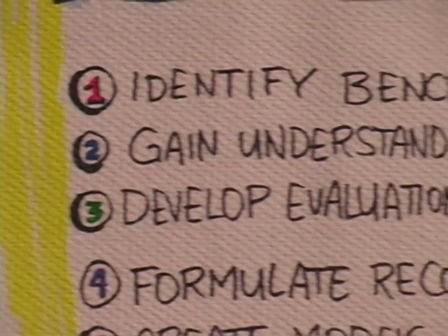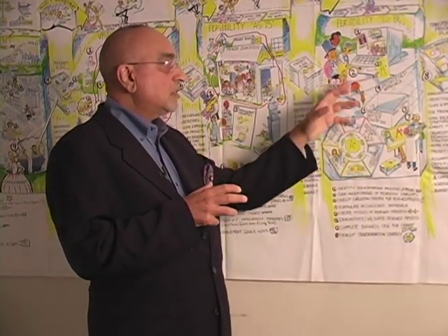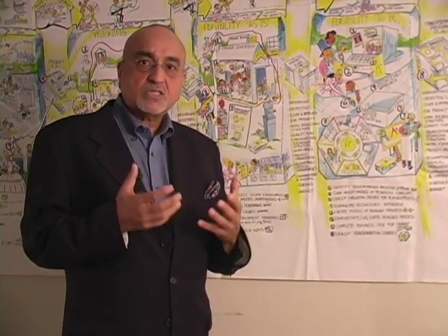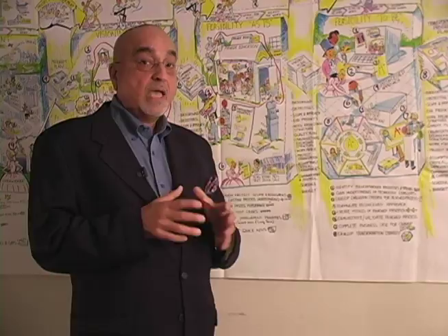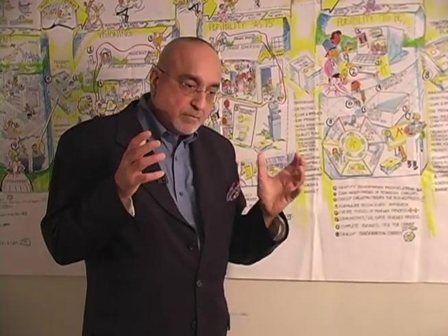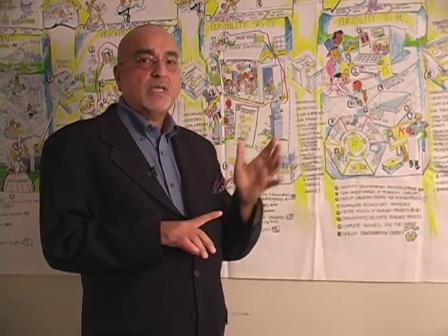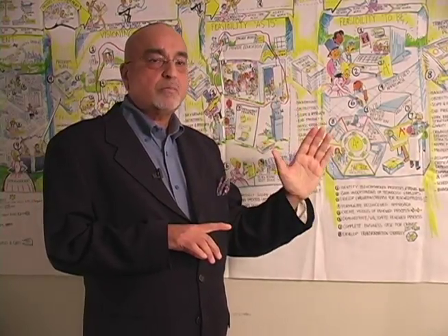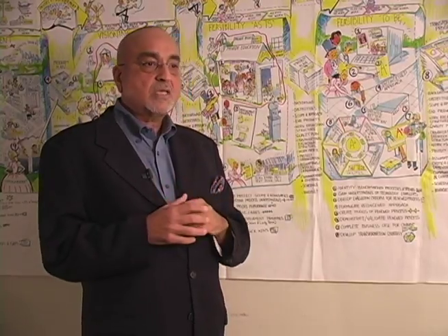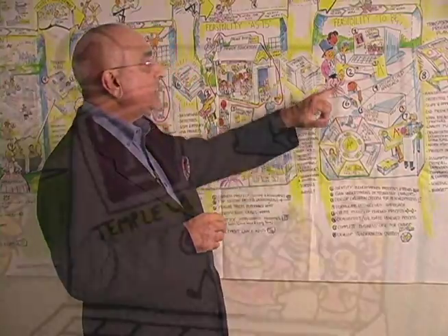Second step is to gain understanding of technology enablers. Now this is the stage where we start looking at what might be the technologies that we can use. Here we get into systems and technologies and platforms. Having said that, right from the visioning phase, by the way, the team is made up of the business associates as well as the IT associates. So they are part of this team on an ongoing basis. But here particularly now they start looking at the technology. Do we have an existing technology? Does it suffice our need, or should we be looking at what's out there? So you can see that in step two,